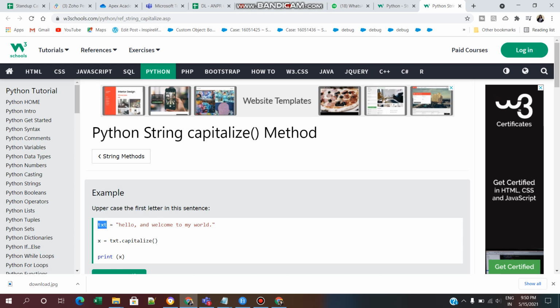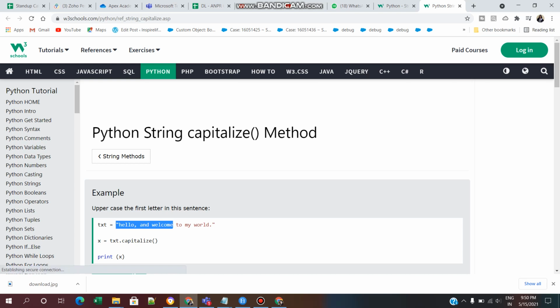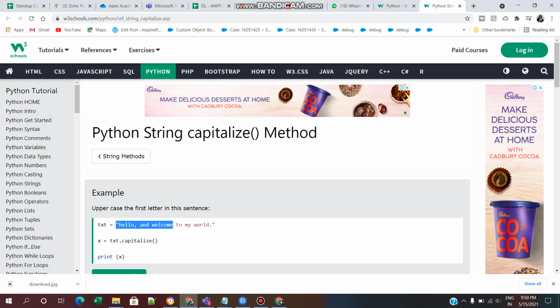So here txt is a variable and we are assigning a string, hello and welcome to my world. This is the string. So here x is a variable and we are assigning txt.capitalize. Here capitalize is the method. txt is the variable, in that we have a string.